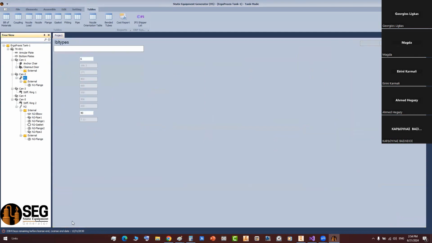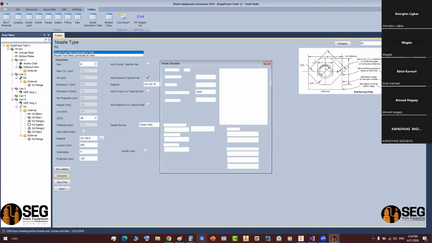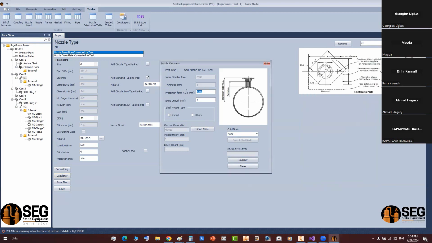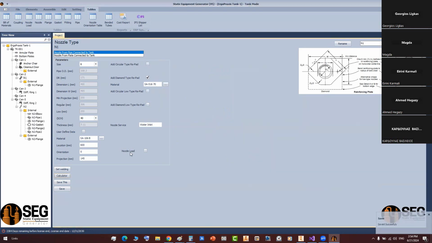The thickness was 8 millimeters. So let's come back here and open the calculator. And from here, we can increase 8 millimeters plus the projection, which is 1,500 when you click add. So that's the projection from the tank center line to the facing of the flange. So when you put it here like that, let's remove this comma and click on calculate. Now that's the projection of the flange. So let's click on save. Okay, and when you click start the assembly,